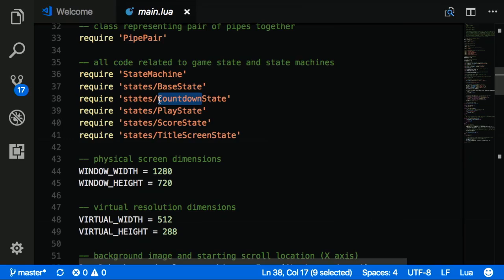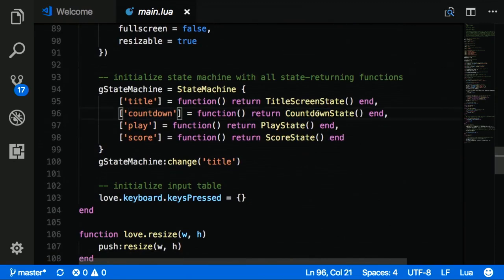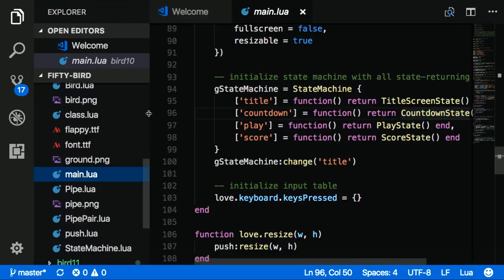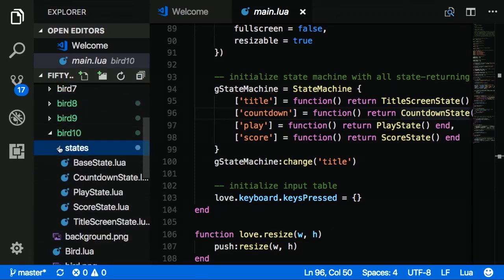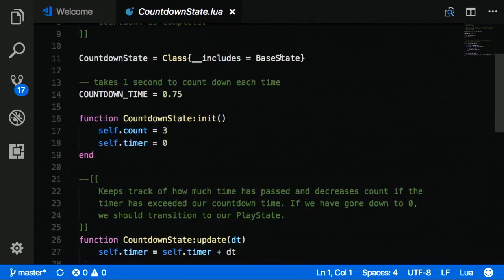to the last example. We're going to add a new state called countdown state, which is shown here on line 38. We're also going to, down in our state machine, add a new key which returns one of the new countdown states just as before, and then we're going to take a look at our actual countdown state here. So in our countdown state.lua, which is in our states folder as the others, it inherits